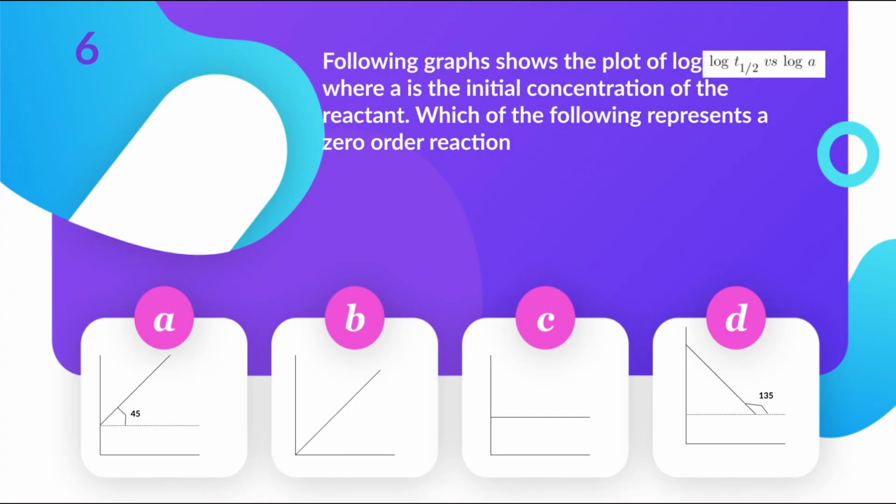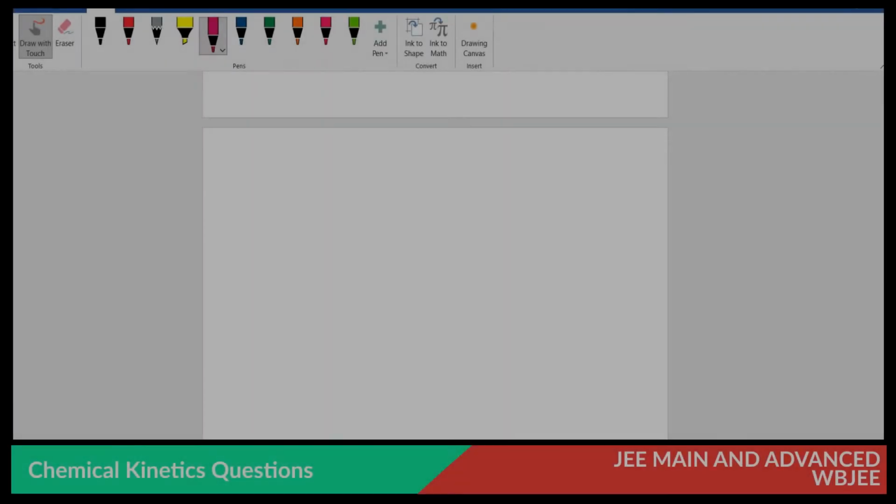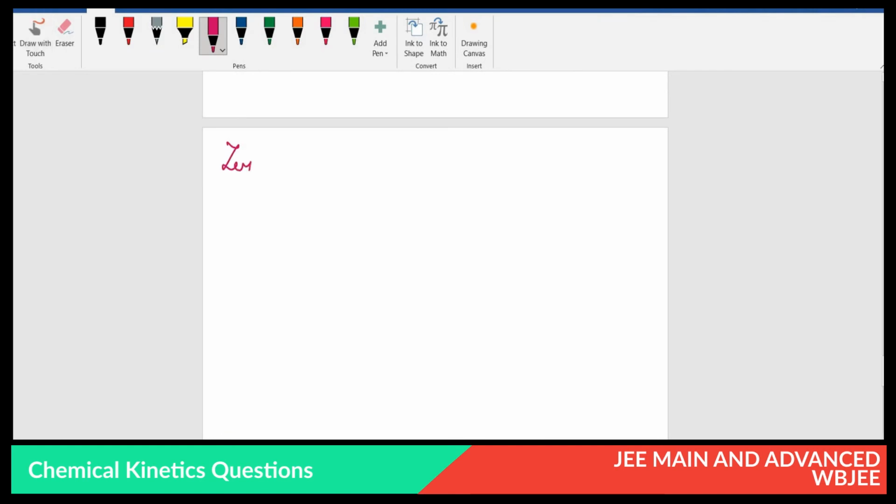So the last question for today's video is, see, there are 4 graphs mentioned. So the question says: The following graphs show the plot of log T half versus log A, where A is the initial concentration of the reactant. Which of the following represents a zero order reaction? Fine. So, if it is a zero order reaction, children,